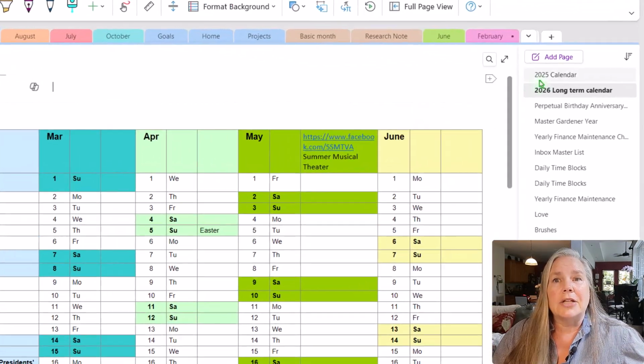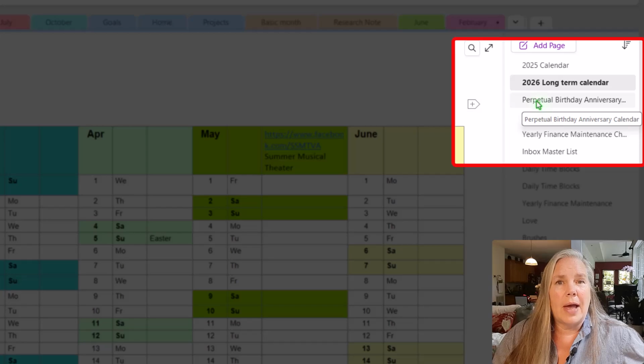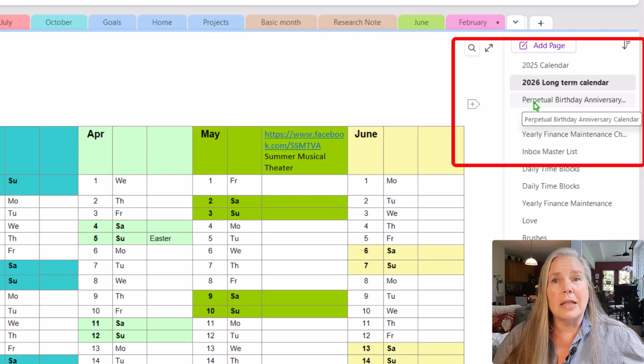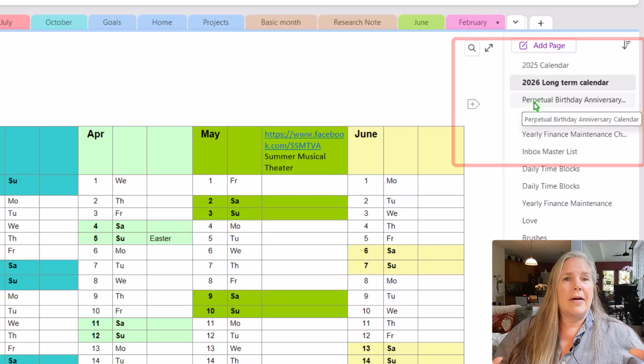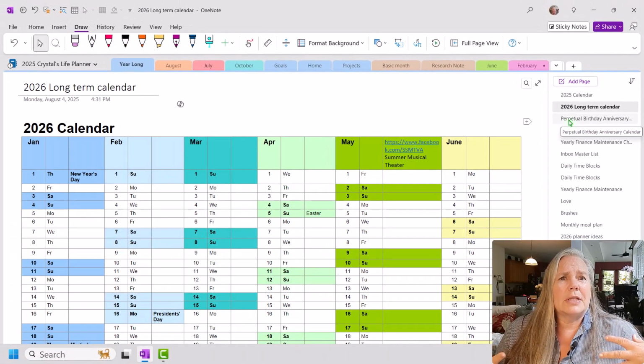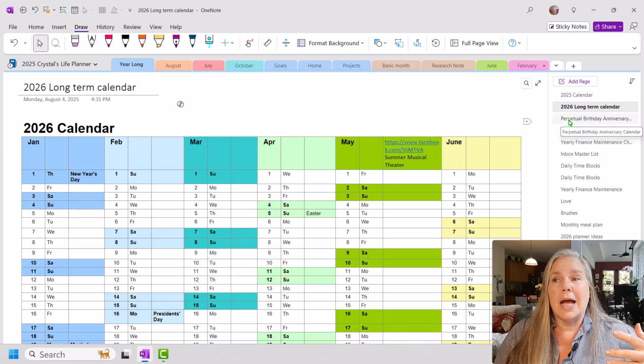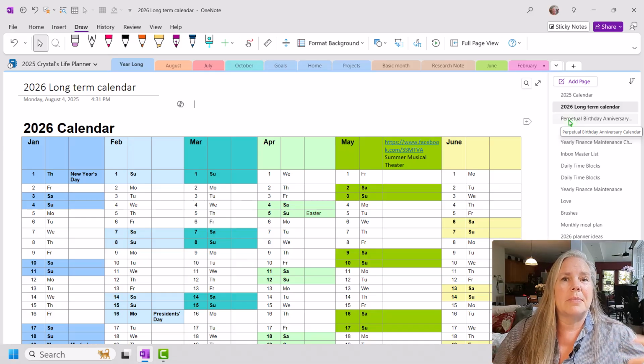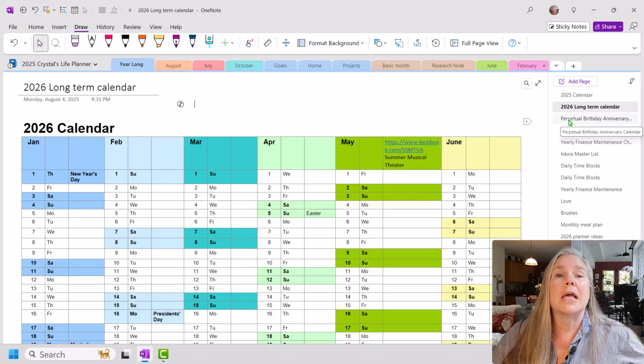As you can see over here, I also have this very same calendar as a perpetual birthday calendar, meaning my birthday is listed on there, and I don't really worry about what year it is. I just have the month and the day for myself, for the rest of my family, for my very close friends, anyone that I would like to remember their birthday.